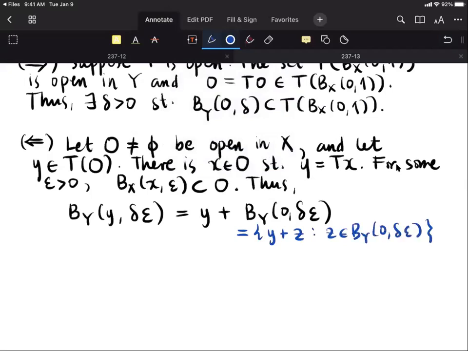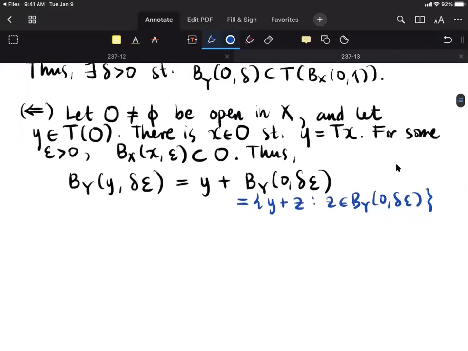So this is how we define a vector plus a set. So it is also a set. And this is the same as, since y is T of x,